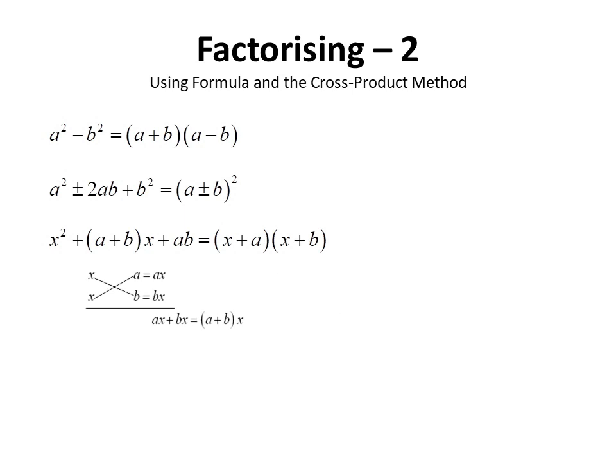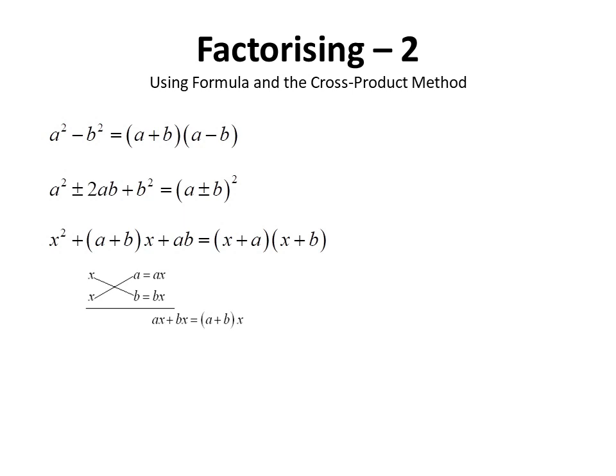In this case, we see x squared can be separated into x times x, while the constant a times b can be separated into a, b. They are multiplied by each other, which can be seen in the diagram. After performing the cross product and then adding them up, we find the result matches the linear term of the